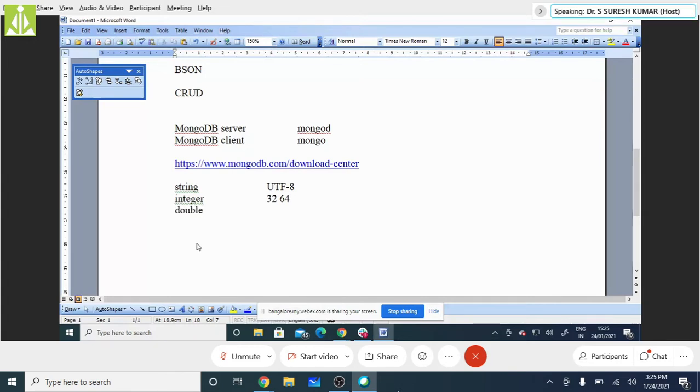Then you have got double. Double is to store floating point values. Then we have got arrays. Arrays are nothing but to store a list of values in one key. Then apart from array, we have got